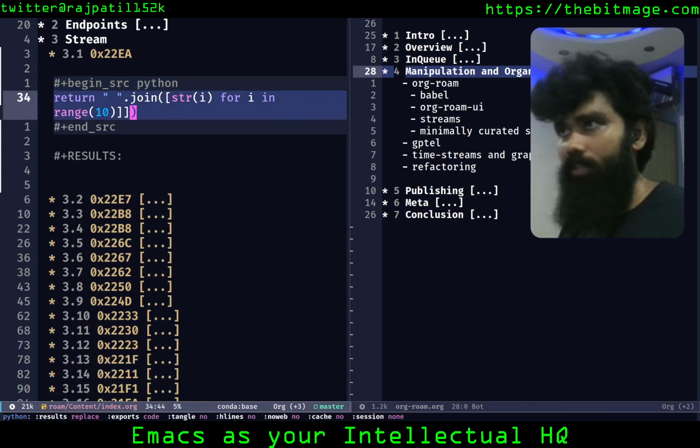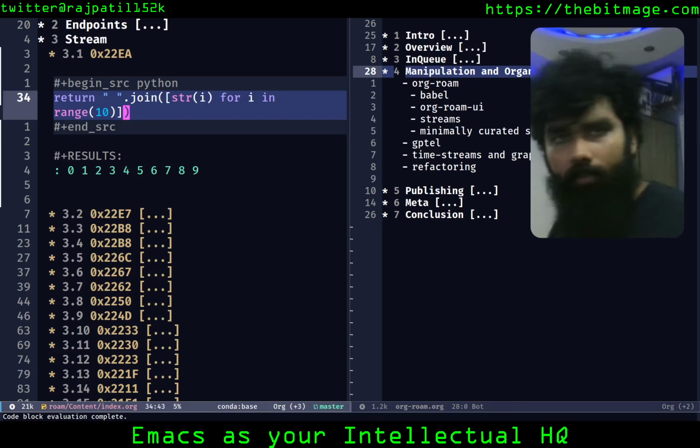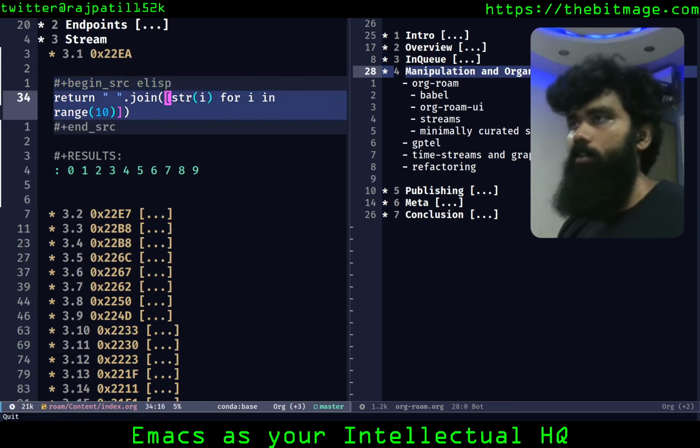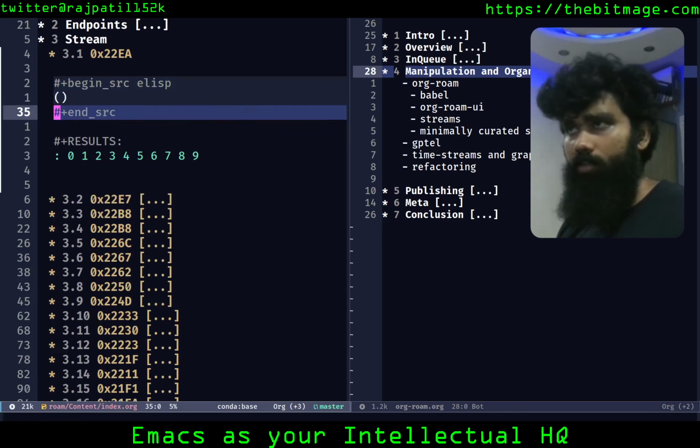Okay, I think I missed something. Yeah, there's an extra bracket somewhere. Yeah, something like that. You could execute basic Python scripts, Lisp scripts, whatever. I could just say elisp. Okay, hold on.